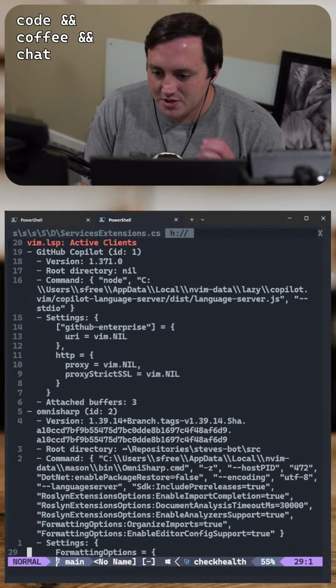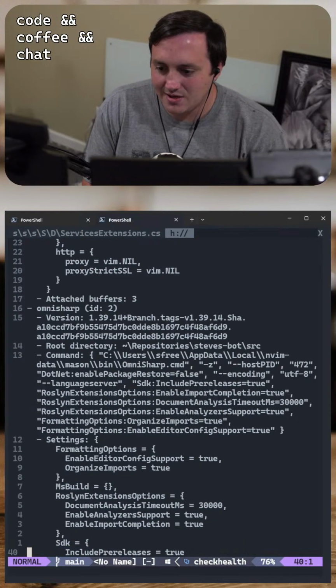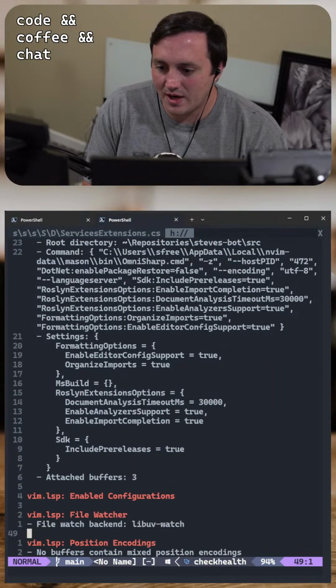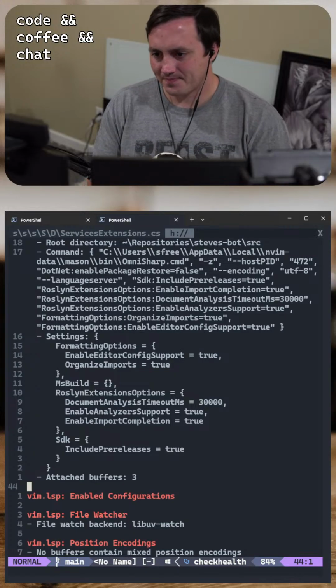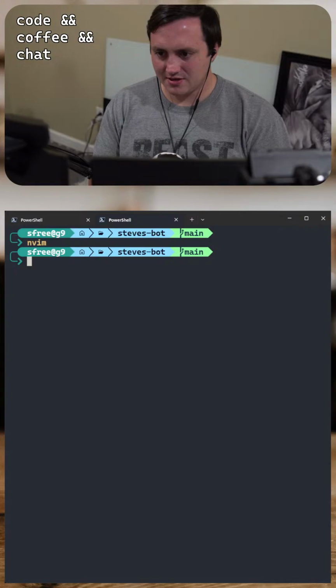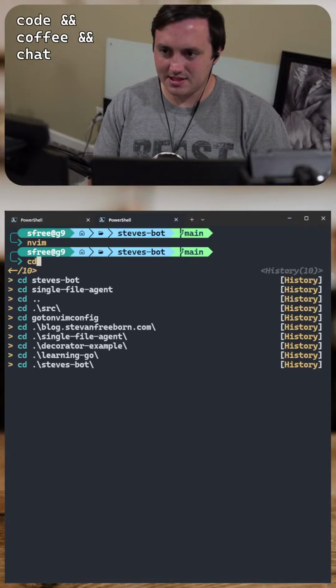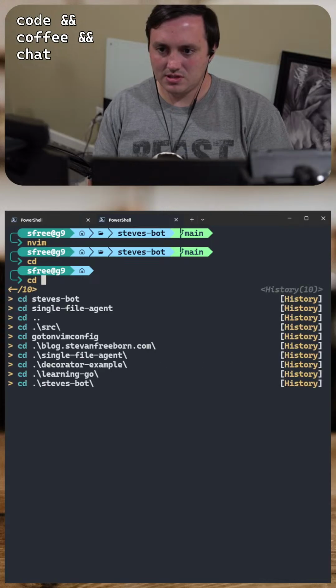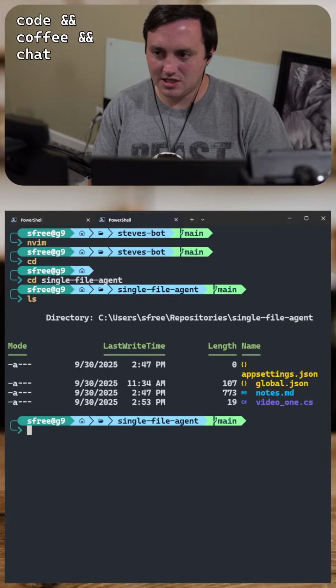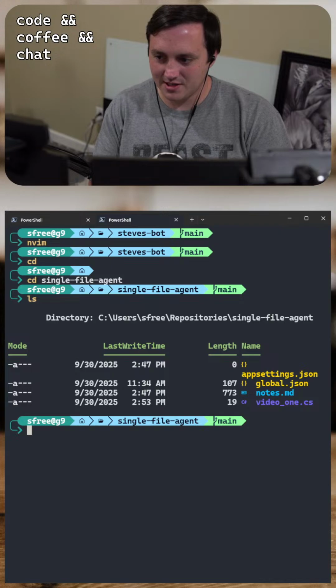So there's OmniSharp. So the question is, why did OmniSharp attach here, but not over in the single file app? Let's go to single file agent. This is not at all important to what we're doing.